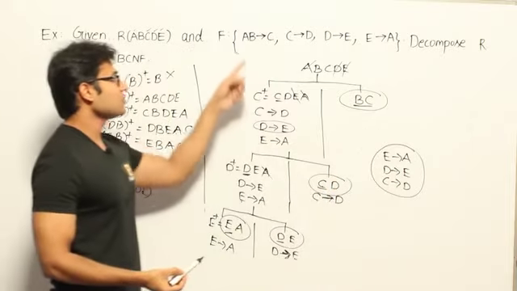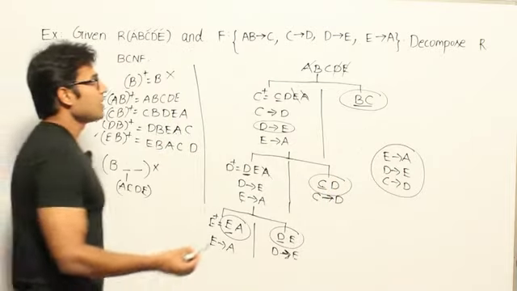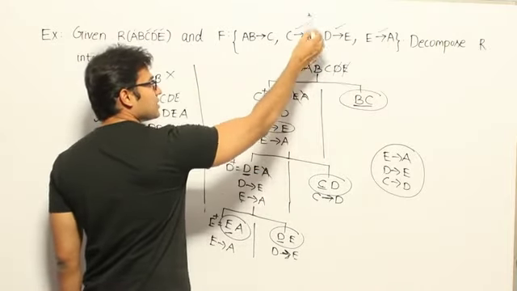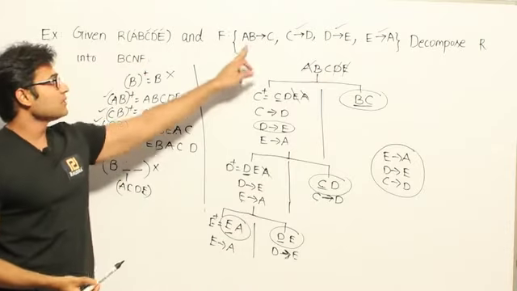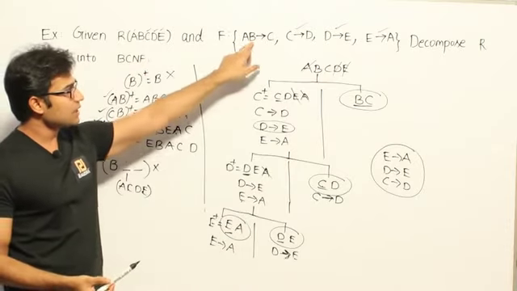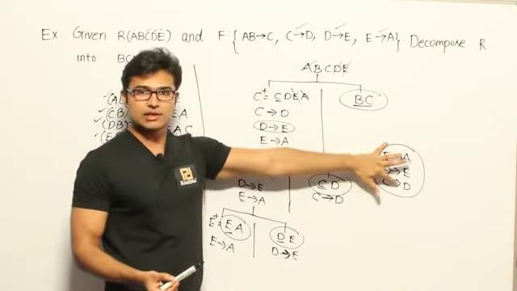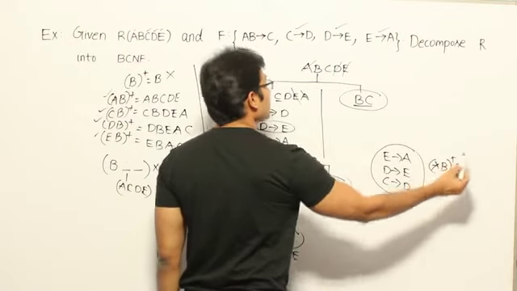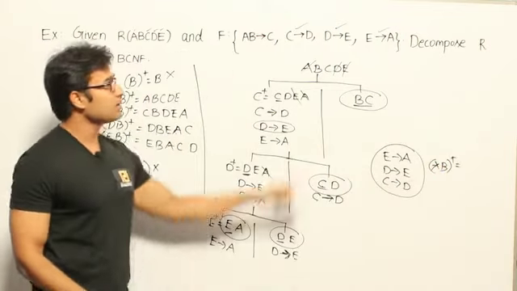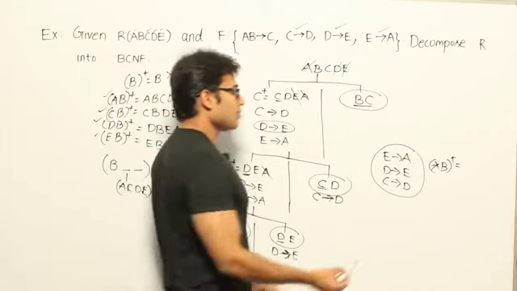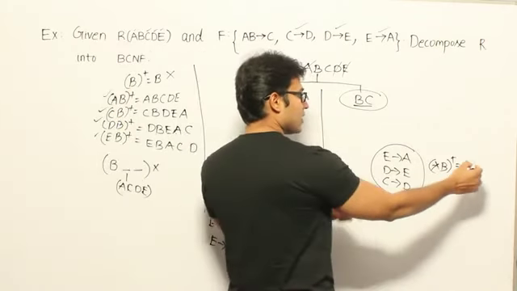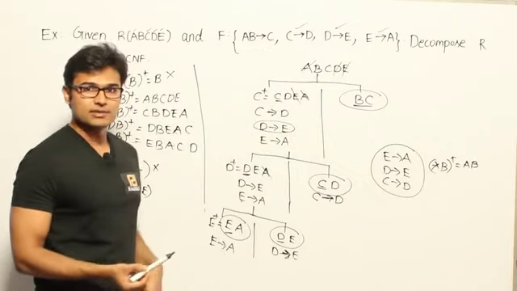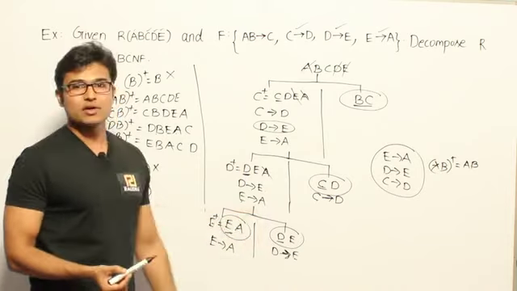From this FD set I want to see whether the original FD set is covered or not. Now if you observe this, E determines A is covered, D determines E is covered, C determines D is covered. Now this one is not covered. Let me see if this one can be derived from these three. So you are supposed to find out AB plus, and if you get C, then you can say that even this functional dependency is covered. But if you observe this, from these FDs if I find out AB plus, I get AB, that's it, nothing else. Therefore this functional dependency is lost.